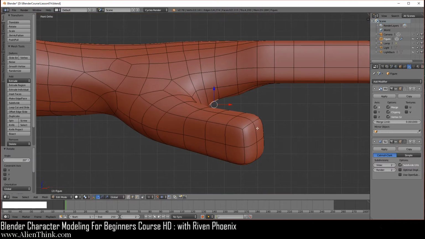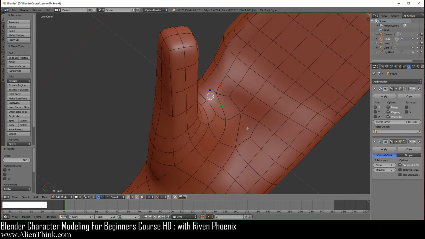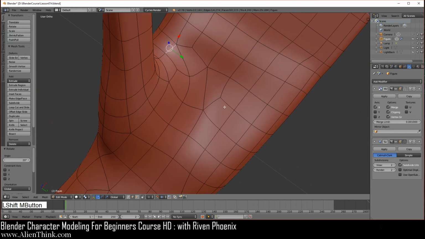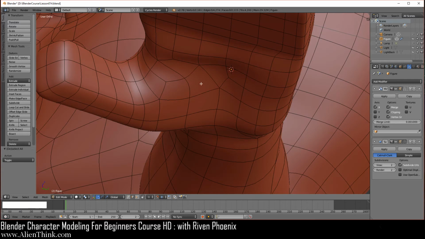Now just zoom out a little bit over here, use the middle mouse button to rotate, so you can see where this pattern is. Okay, I'm just going to shift middle mouse button over here. If you follow this through, you're going to get this edge and this edge. Just do W smooth 1, 2, 3, 4, and then 5, and then A to deselect. Okay, so now we've got this area set up.